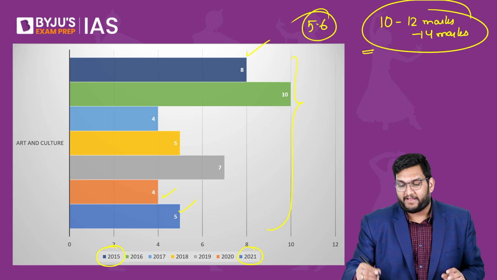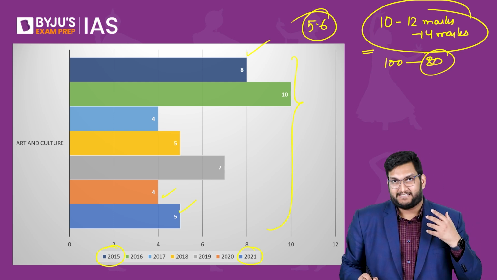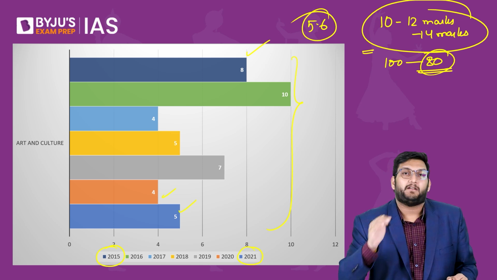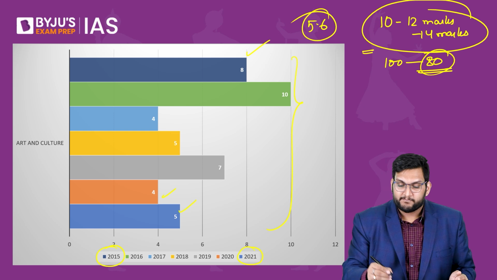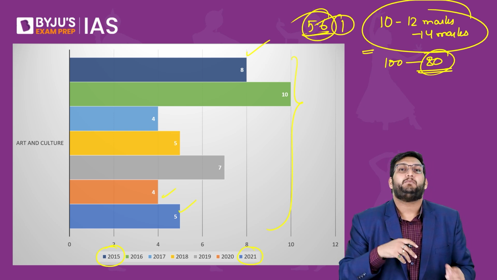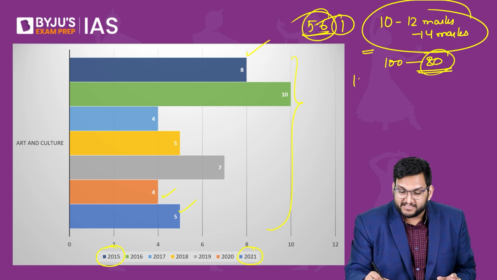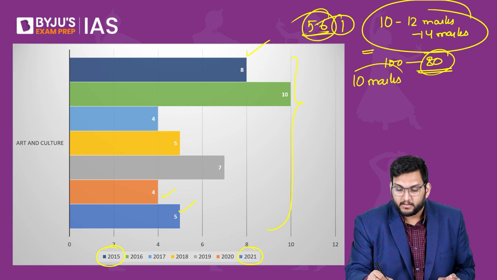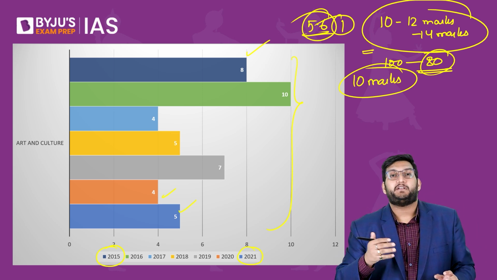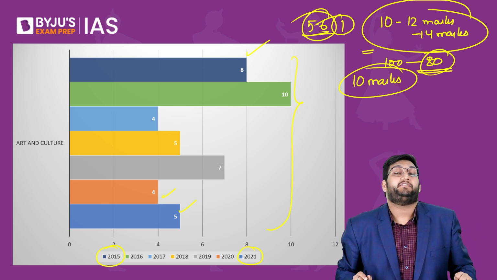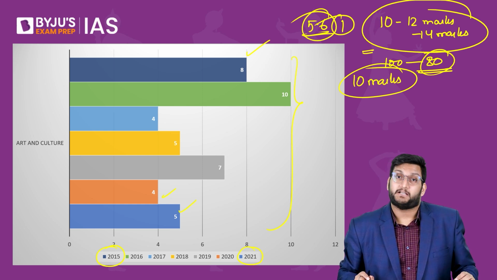If you understand the fact that out of the 100, we only have to do 80 questions in the exam itself, it means that 20 questions you're not doing because they're quiz questions or at the level of the optional. You can leave 1 question here, which would be maybe a peculiar or very difficult question. So at least 10 marks is at your disposal. And when you add ancient medieval to it, it becomes a whole set of 20 to 25 marks, which is actually a very significant chunk of the cutoff.